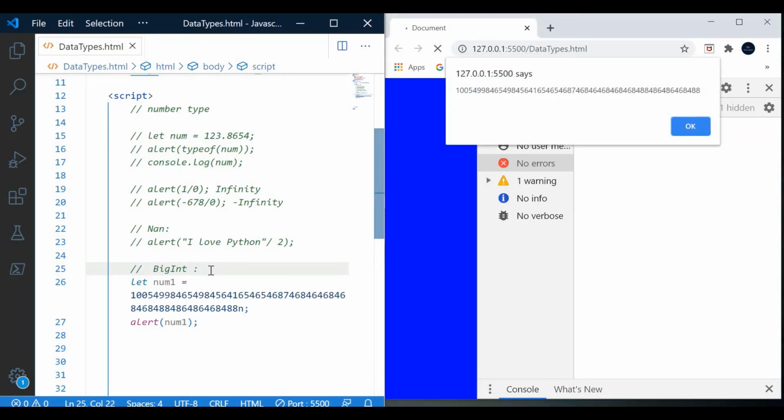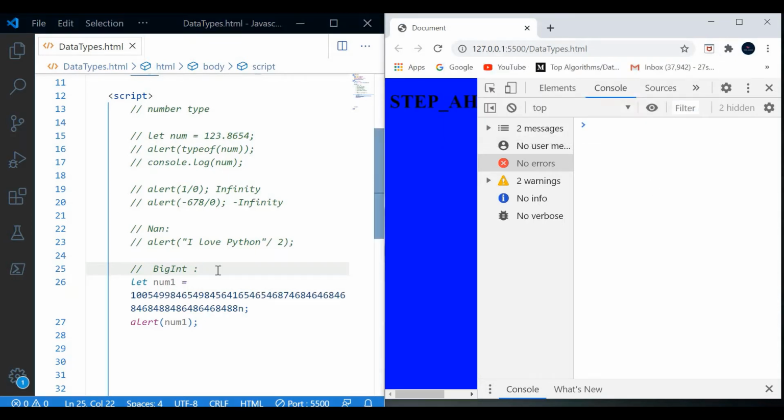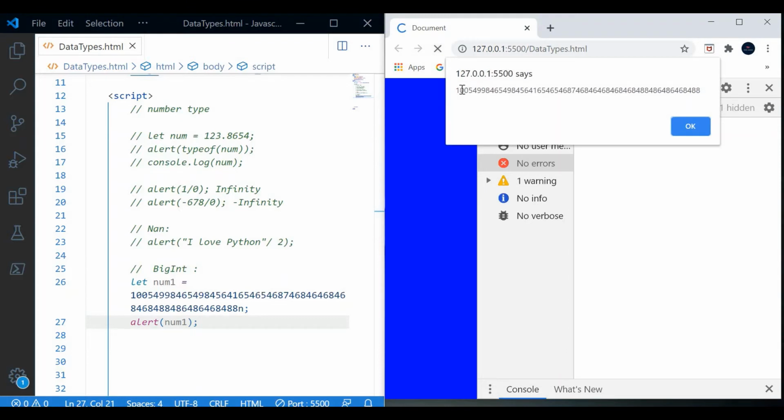We don't use BigInt normally, we use it only for big values, like for cryptography or microsecond precision. For larger integer values we use BigInt. Like this we always put n at the last, so it will represent it as a BigInt. Here it is showing our output.